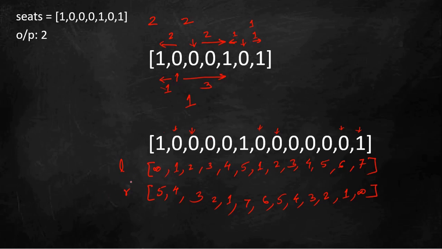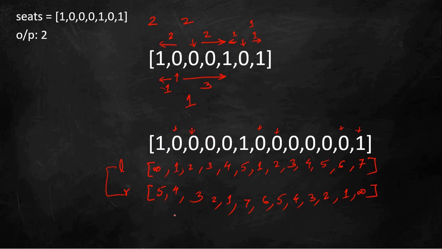Now to check which position will be the best, where the closest person to Alex on left and right is giving Alex the max distance, in that case we just need to see the min between the left and right, because that will be the closest person, and out of that select the max value, provided the seat is not taken. So here since the seat is taken, we will not consider this particular index.